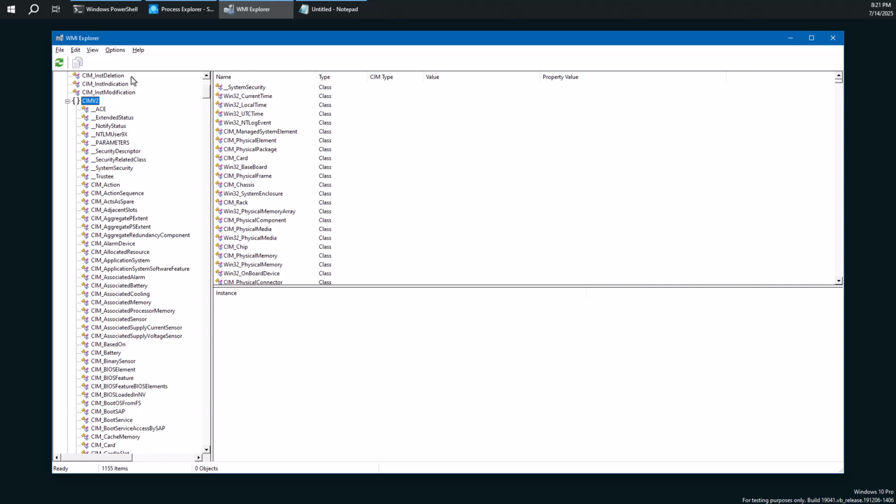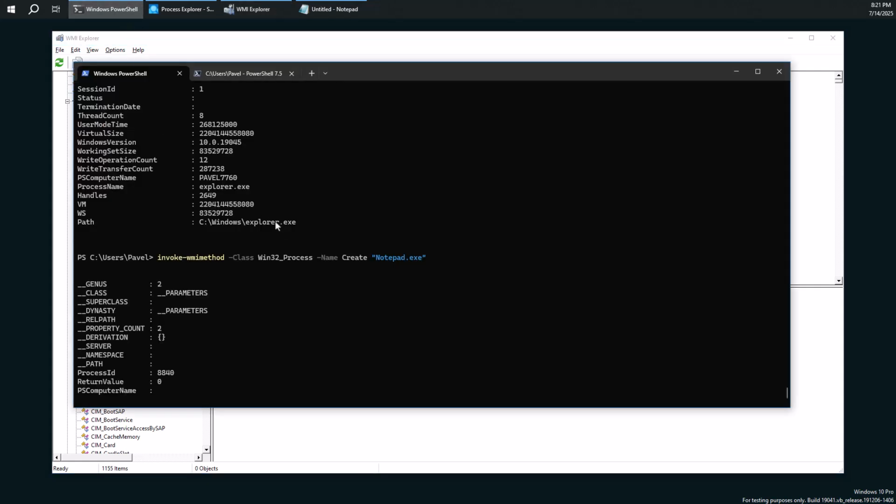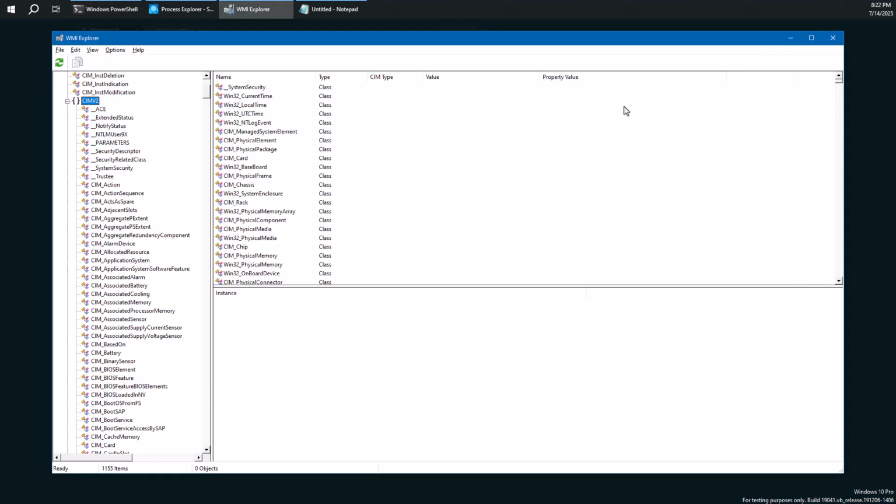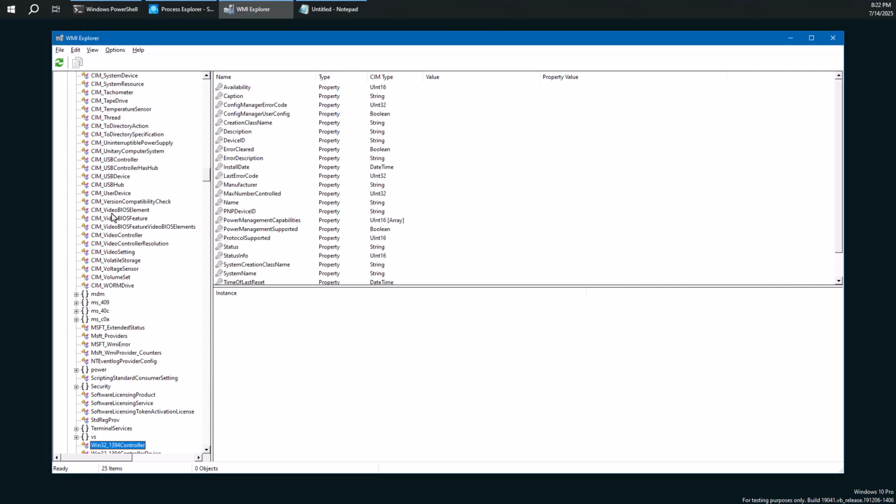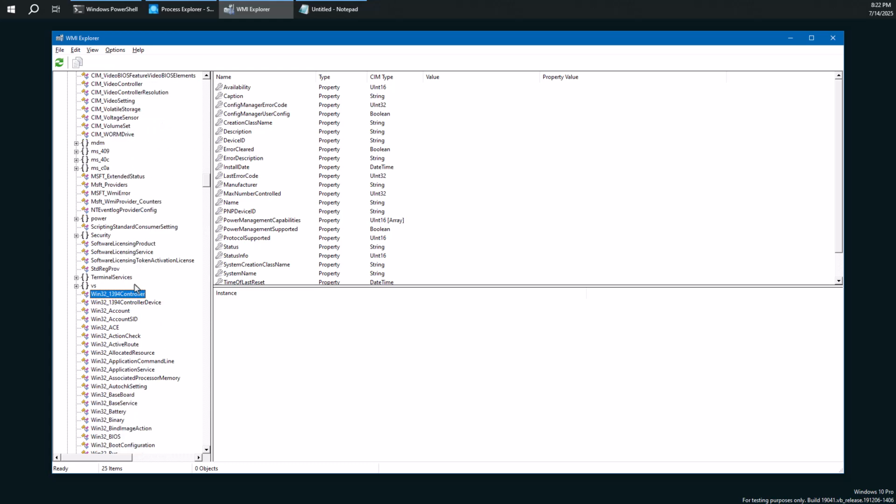So in fact, when I use Win32 process here in PowerShell, I didn't provide the namespace name. I didn't provide the full name of the class. And I didn't have to do that because this particular commandlet and the other commandlets assume CIMv2 as the root, like everything that's under here, which means that if I look at Win32 something, we can see there's lots of